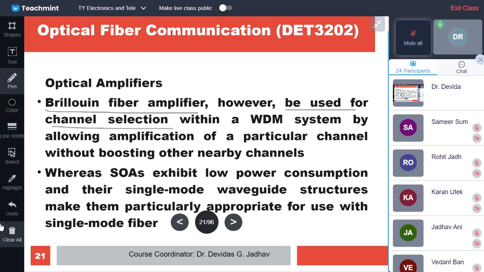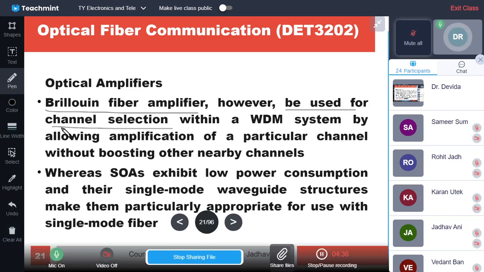So all other wavelengths which are present in the WDM cannot be amplified. Therefore it is the same as filtering out other channels and selecting only one channel. That's why it is called channel selection within a WDM system,